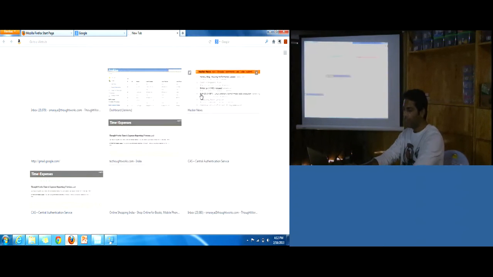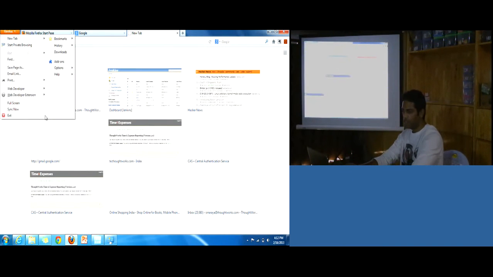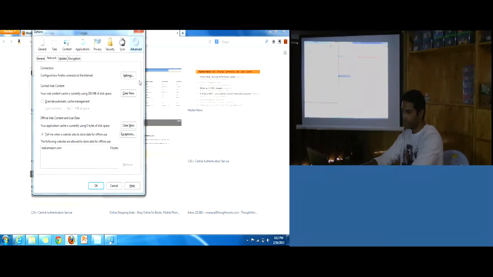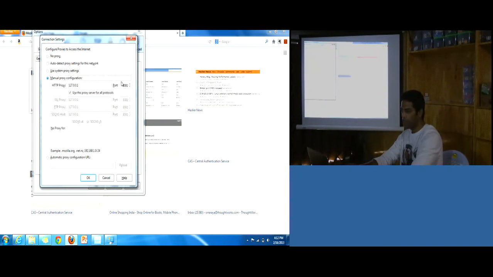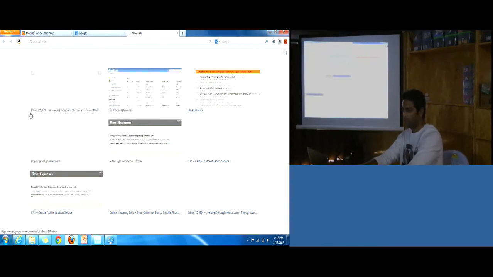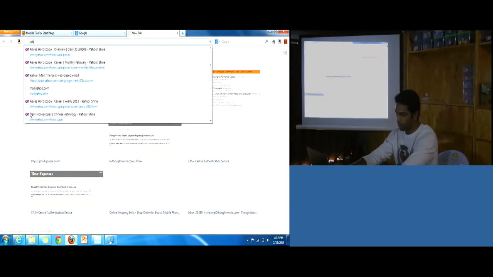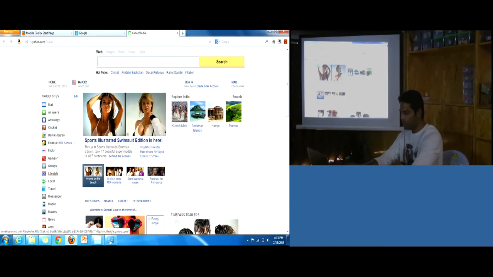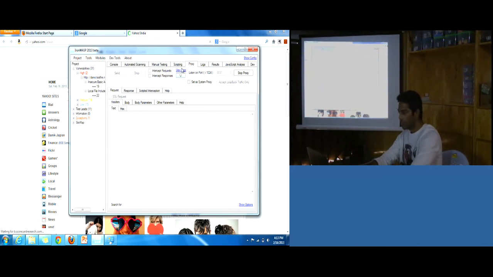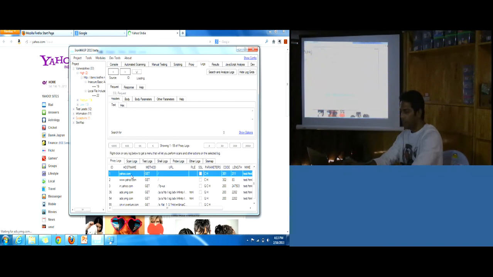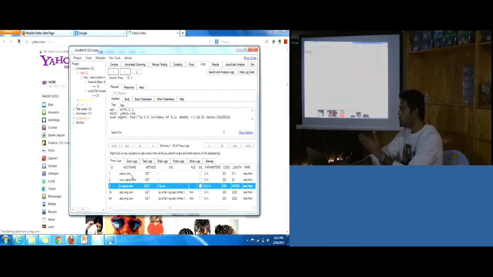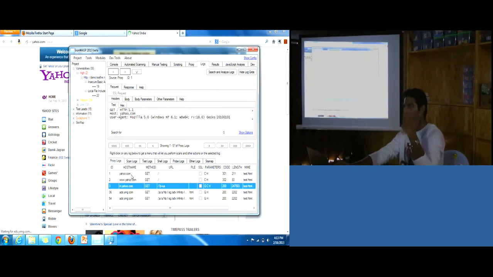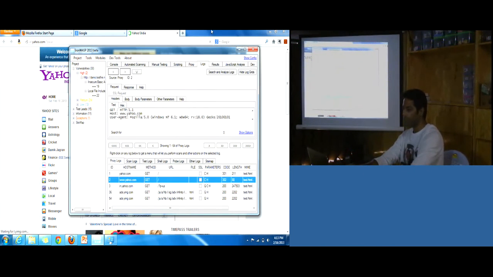So I'll configure my Firefox to use localhost port 8080 as its upstream proxy. When I do that and go to any website, the site loads up, but the interesting part is that all the traffic sent by the browser and the response that came back from the server is logged here.